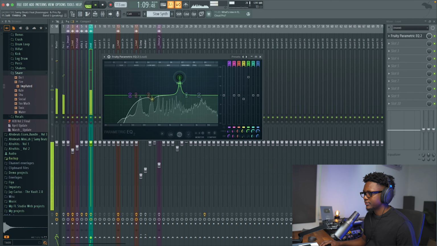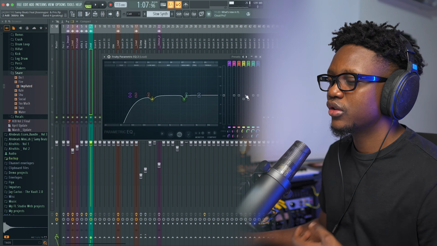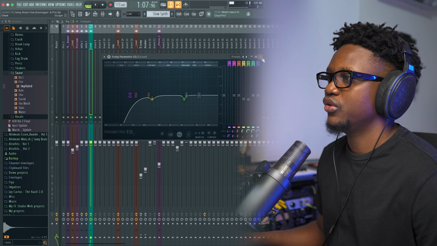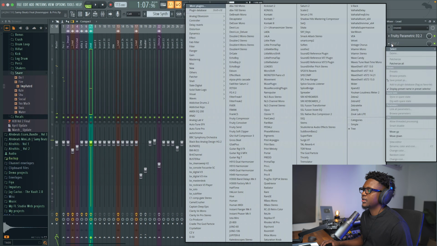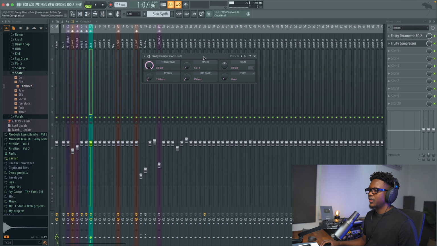gain. So sometimes it's better to not do a lot of cuts just to keep the vocal sound more natural. That's what I'm gonna do on this one. The next thing is gonna be compression. I am going to use the basic FL Studio compressor, and with this compressor there is no visual. You will do everything by ears.